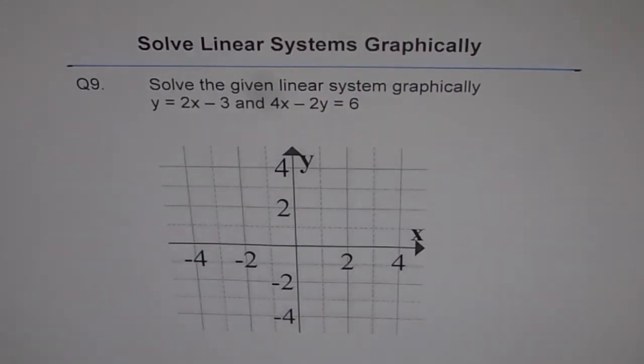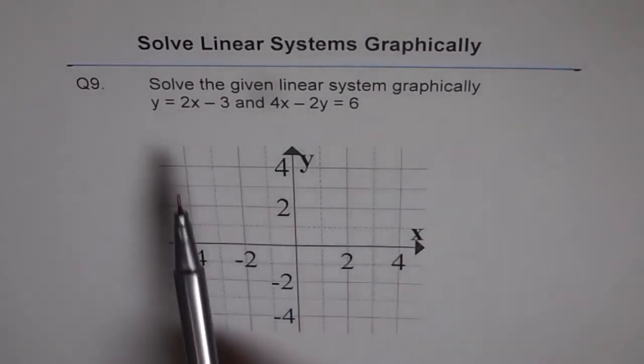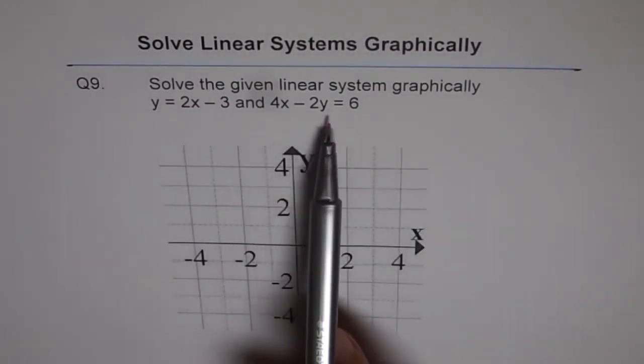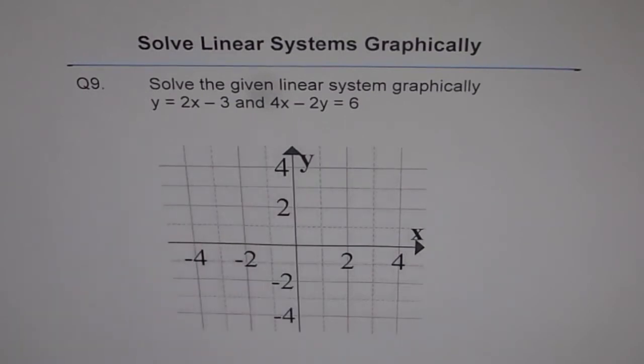Solve linear systems graphically. Question 9. Solve the given linear system graphically. y equals 2x minus 3 and 4x minus 2y equals 6. Now, from the techniques which we have learned to graph